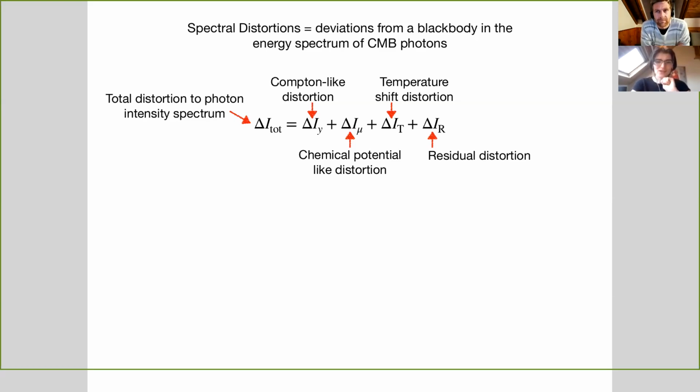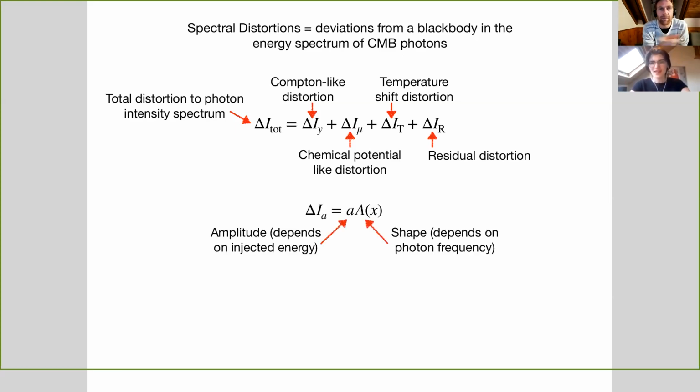And then there's the final contribution, which is the residual distortion, which is basically everything else. And unfortunately, this everything else is a contribution that is going to be there, and it can't really be measured, but it can be taken into account within the full calculation. So the residual is going to be orders of magnitude smaller than the other contributions, but it is going to be there. And this whole thing is a frequency-dependent thing. So the Y distortions affect the frequencies in a particular way, the intensity is a function of frequency, and maybe that's what you're getting to.